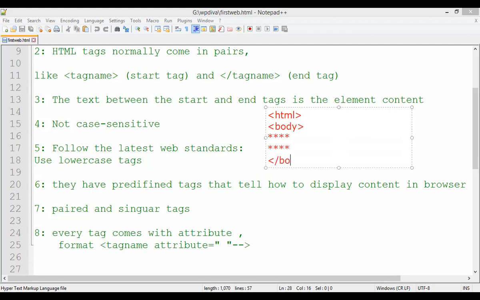Then I close this body tag. So after closing the body tag only, you have to close the HTML tag. Remember that. After closing the body tag, then only you have to close the HTML, and HTML is the final tag, right? So all these tags like body and whatever tags come in between the body tags, they tell the browser what to display. Whatever you take in between the body tag will be displayed on the browser: the font of the text, the color of the text, size of the text, size of the image, everything that comes in between the body tag, right?